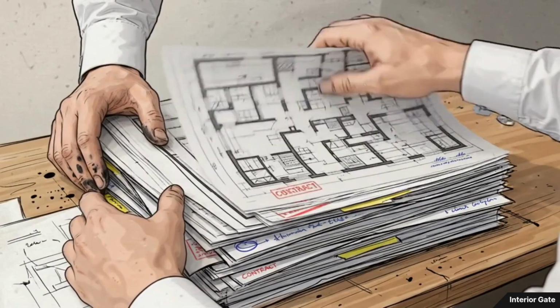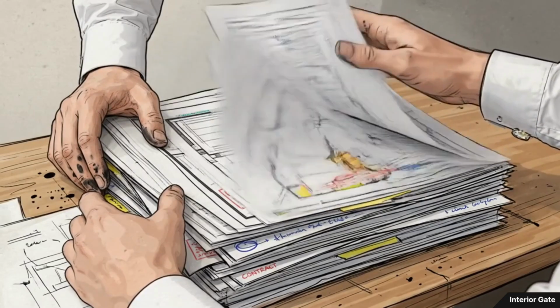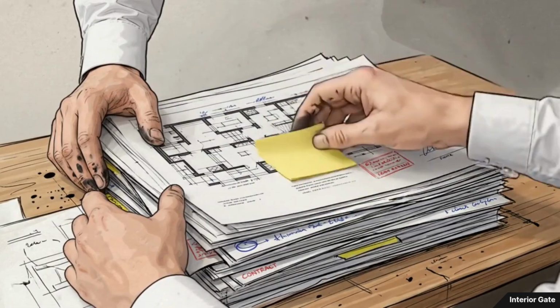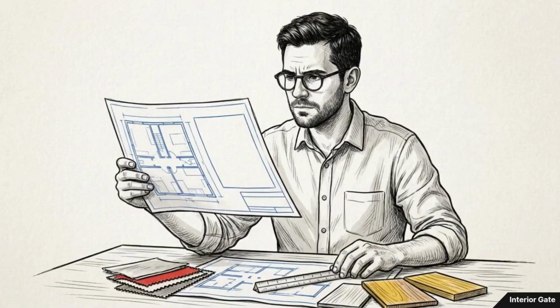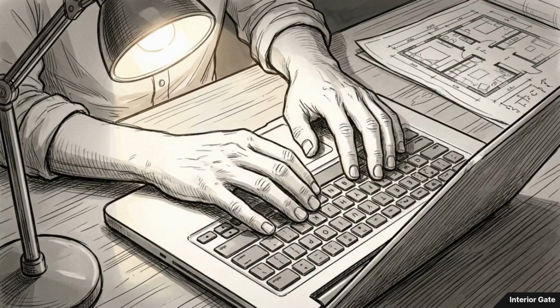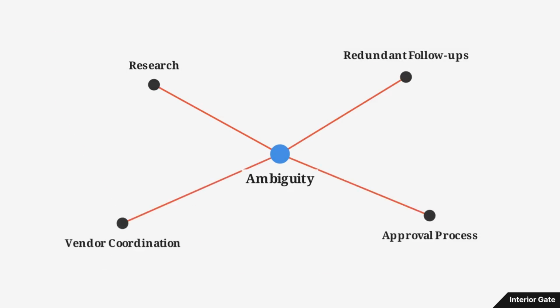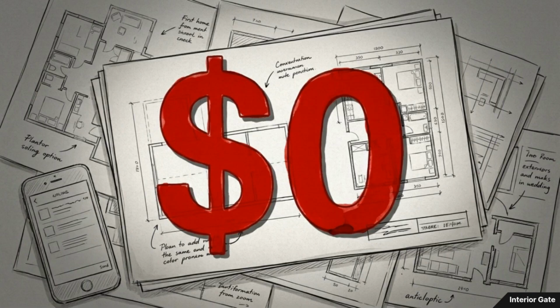The friction in an interior design project often surfaces in the hours that quietly disappear between the lines of a contract. Consider Daniel, a designer hired for a family living room. When one project detail was left unclear, he chose to keep moving rather than pausing for a difficult conversation. Over the next few weeks, that single ambiguity led to extra research, redundant follow-ups, and an expanded approval process, all